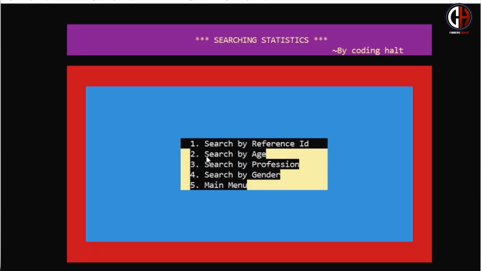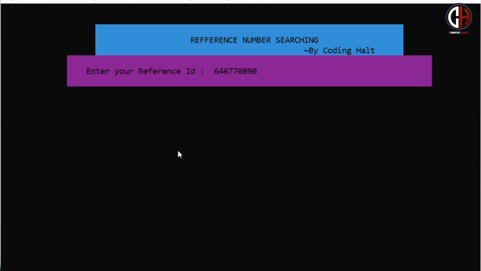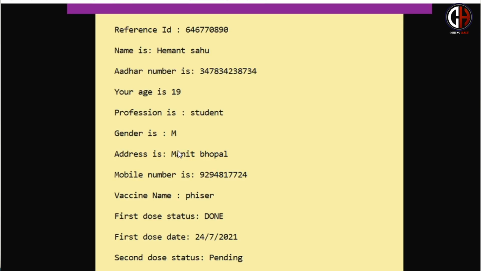The best part of this program is the searching panel. When you come to the searching panel, you will get four options: search by referral ID, search by age, search by gender or search by profession. When you search by referral ID, all of your data will be displayed in a pop-up or dialog box. There you will get all your personal details.